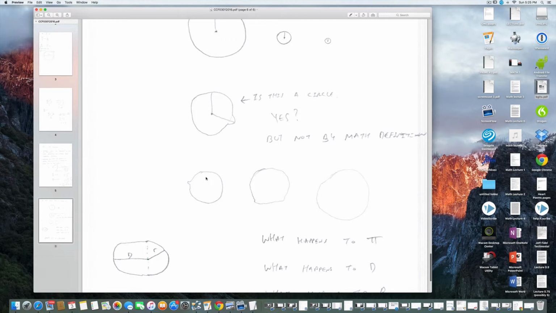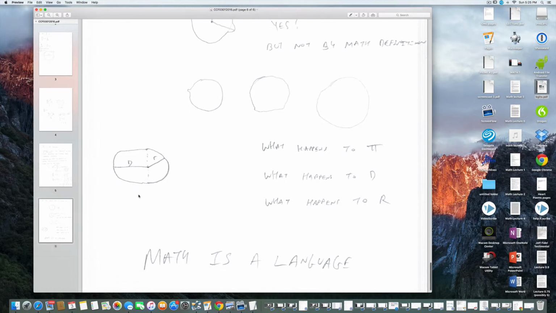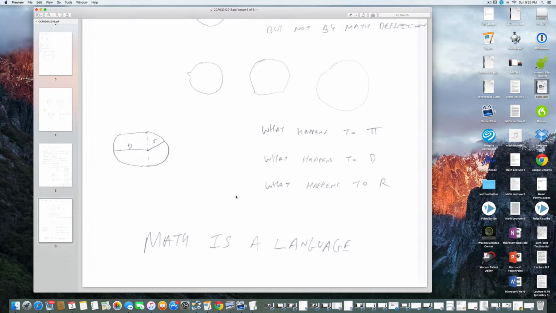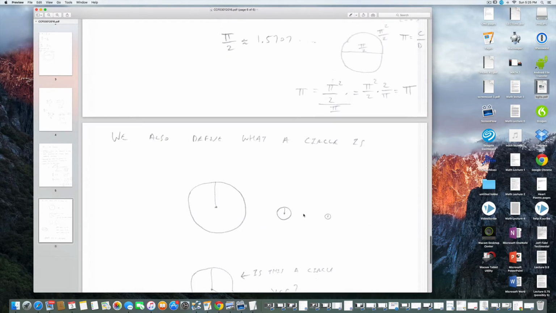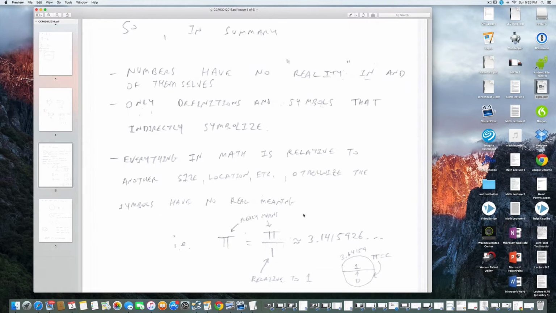Maybe someday someone will say that this is a new circle, that halfway around I'll do a radius, and then when I get to the halfway point, I'll change it over to a diameter, and we'll call this a circumelliptical something. I don't know. But that's up to us. So I think that's kind of what we got to say here, that math is a language, and that's what it is. And we can define it the way we want, and we use it the way we want, and it's